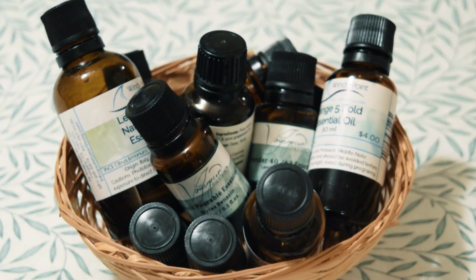Oh, and then we have 3 historical perfume recipes for spring. I think originally I was going to do one for each season, but last year was hard. My health was not great last year and I never got to it. So we did spring and nothing else. But they were